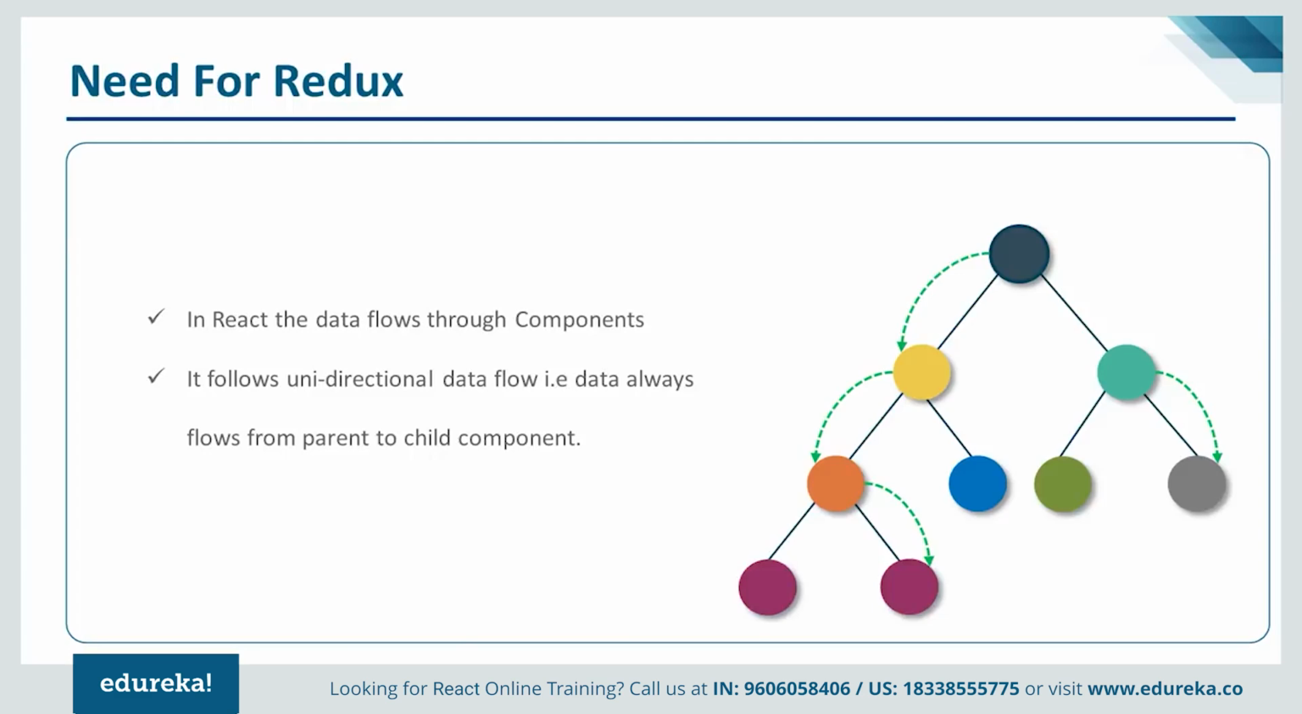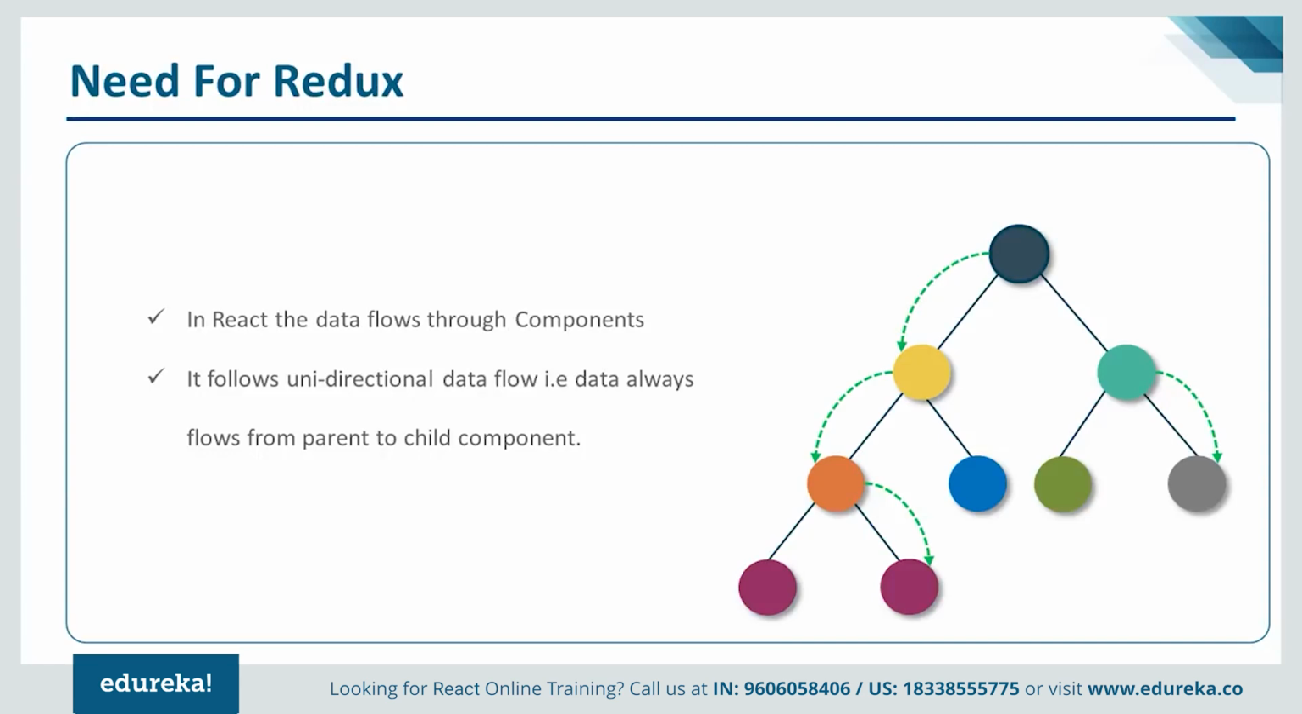In React, we know that the data flows through components. Components are the basic units in React.js, or I can say everything in React.js is a component. And we all know that the data flows from top to bottom in React.js, which means it follows unidirectional data flow. That is, data always flows from parent to child components. So as you can see on the screen,